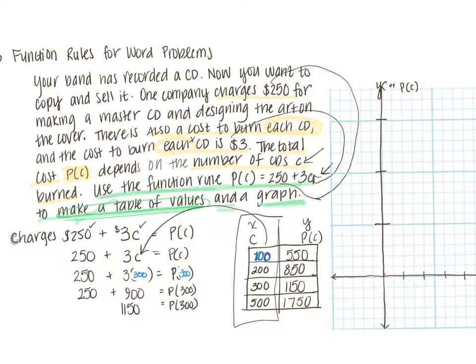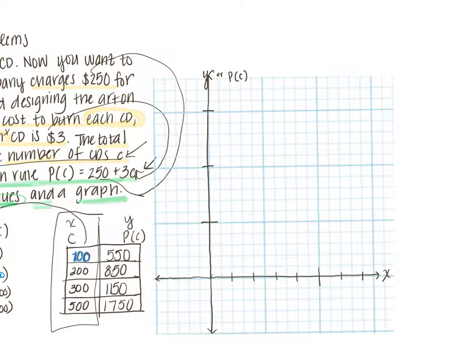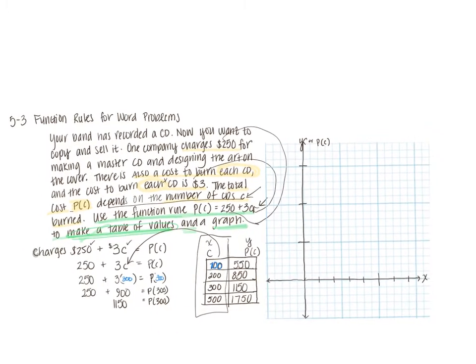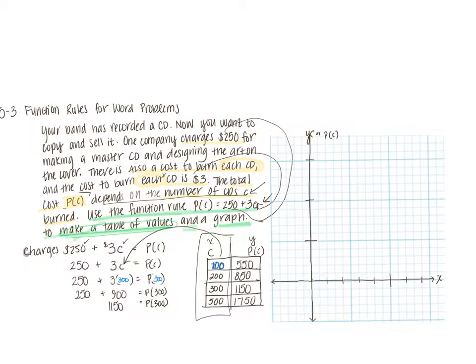The total cost depends on the number of CDs C. So in this situation, my C doesn't represent cost. That's P of C. So I know my y-axis is the total cost, and my x-axis is the number of CDs right here. Told to use C for that. So this is number of CDs